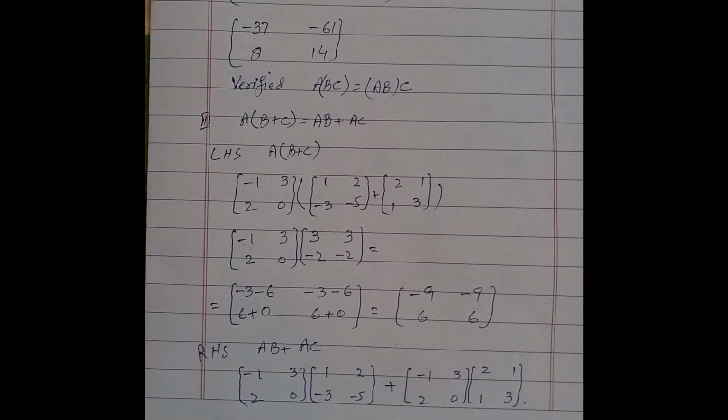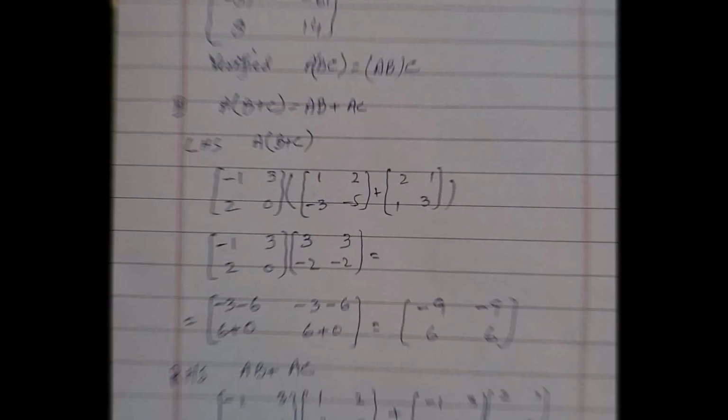First we confirm that they are conformable for multiplication. 2 column, 2 row, 2 column and 2 row. They are conformable for multiplication. So now we multiply these two matrices. We get